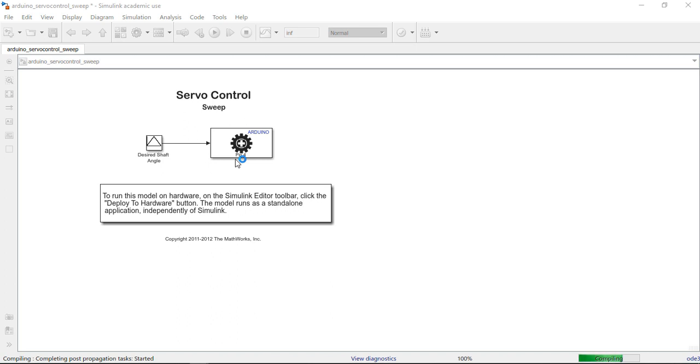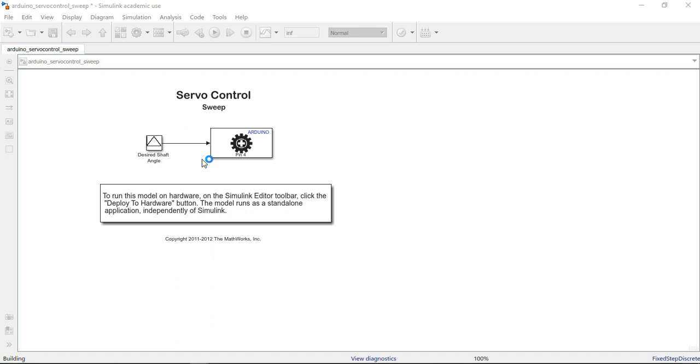The compiling part of Simulink takes a bit of time, but that's easier than coding each and every block. The compiling takes place only once. Later on, you just have to drop a few more blocks, you can add them, and everything is done so quickly. So that's the magic of Simulink as compared to MATLAB, wherein you have to write the program from scratch, and here you have the blocks instead.